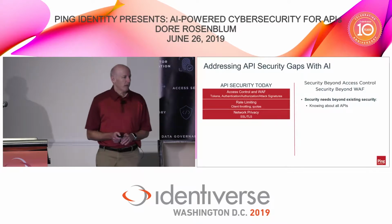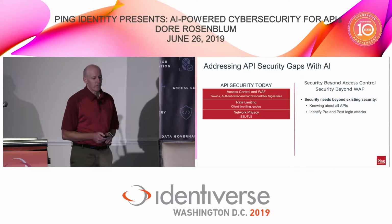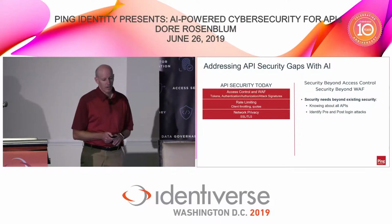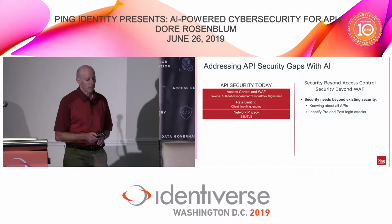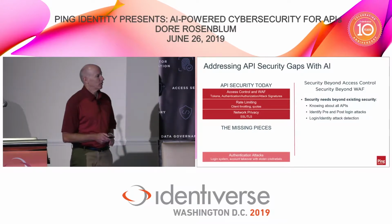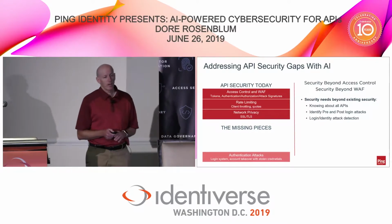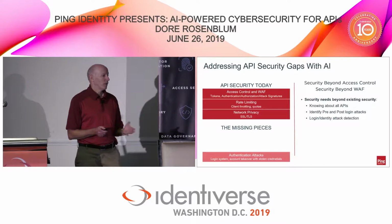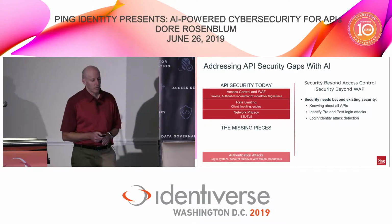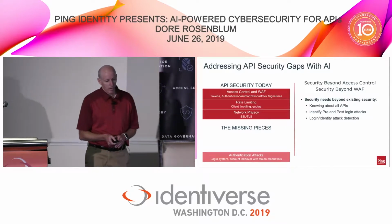So what needs to happen is security needs to go beyond this and offer more comprehensive insight into the activity on APIs, and this is where AI can start to fill that gap. So looking to fill some of these missing pieces, including things like authentication attacks, where say a token is compromised, or a man-in-the-middle attack steals a token and the client's then able to access information, or other types of attacks would include attacks where